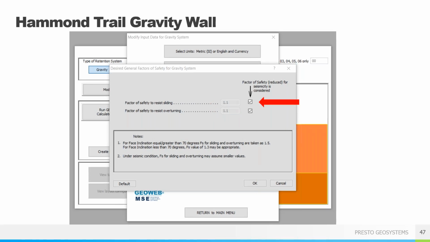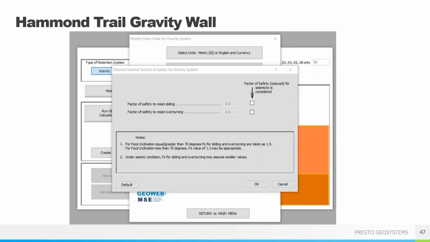And the only option you have here really is a reduction due to seismic. So if you check either box, the factor of safety is reduced to 1.1. As mentioned before, in note 2, generally I like to leave these unchecked, even when you have a relatively high seismic coefficient. It really does give you an added safety buffer during the analysis. So as always, as engineers, we try to follow our best judgment when doing these designs.